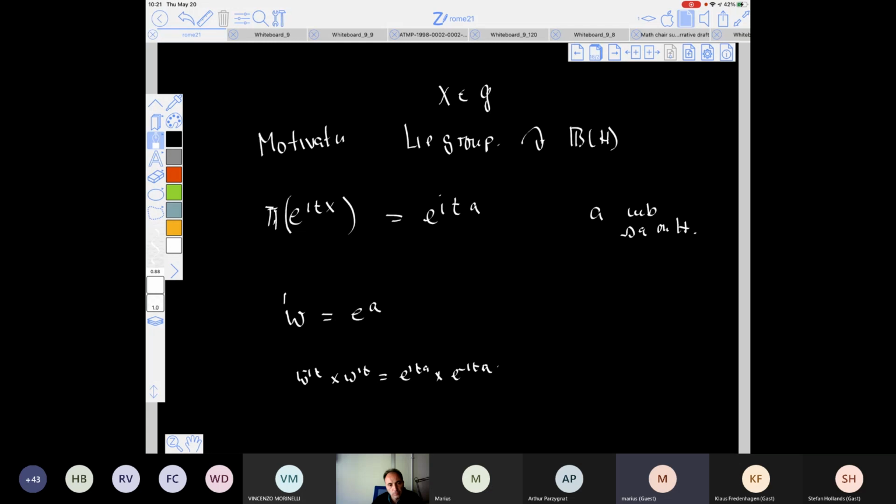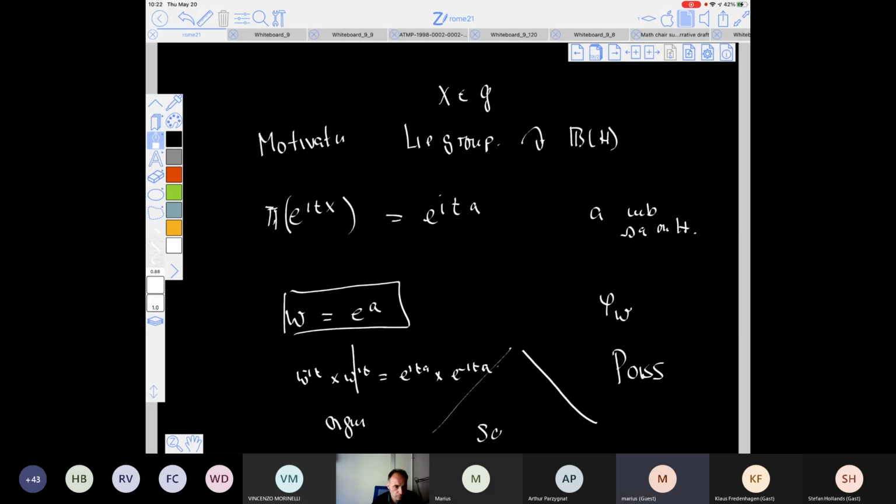Because if we use that weight, the corresponding states which we obtain, one on the Poisson algebra and one on the original algebra, will have the same modular group. And once we have the same modular group, then we can try to apply standard subfactor theory. If we control the modular group, this is always a good start. So this construction works, right?